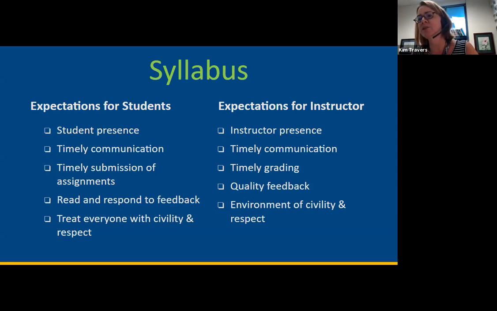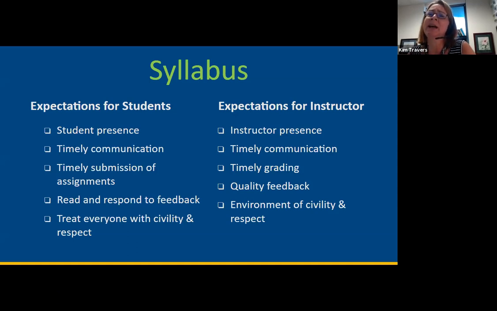As an instructor, when a student comes back and says, oh yeah, I didn't get that assignment done, it's really easy for me to go back and say, hey, according to the syllabus, the policy is late assignments need to meet the following criteria. You either do or you don't meet the criteria, and then you make the choice of how you are going to deal with this. It really sets the tone.